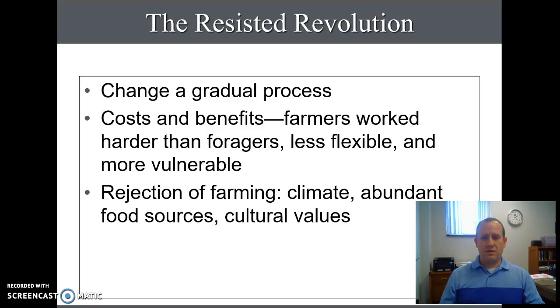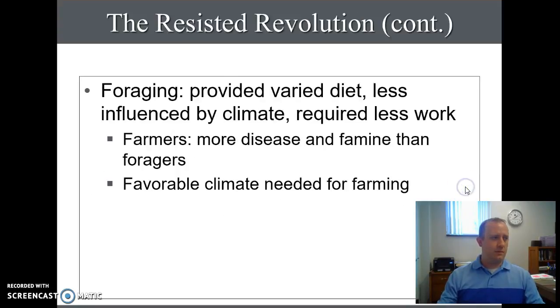We talked about, as I mentioned a while ago, it's not an automatic decision. It's a cost benefit. You have to look at, is this something I want to do? Is it something that I want to put my family through? And so with farming, the diet becomes more centralized. It's not a great word to use, but it becomes more regular.